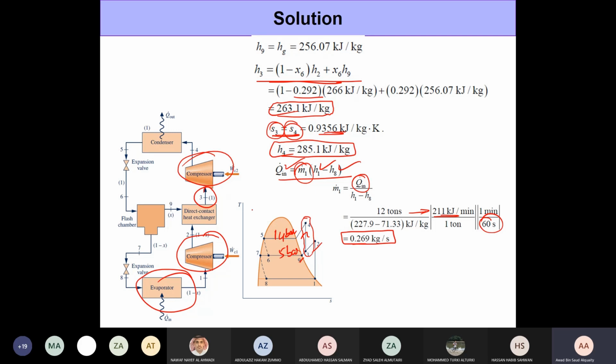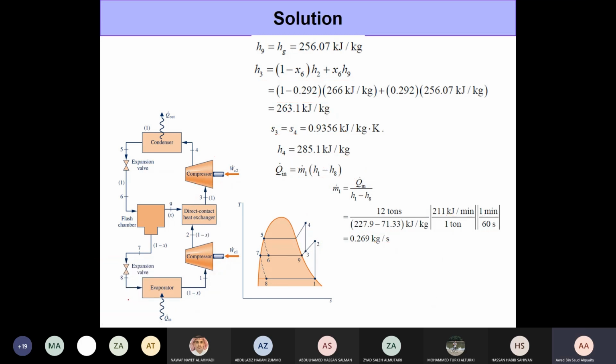Now we also need to determine the ratio between m dot 1 and m dot 3. Okay, so if you look at m dot 1, which is the same as m dot 2, this is basically equal to 1 minus x times m dot 3. And we need to actually determine m dot 3 now that we have m dot 1. The reason we need m dot 3 is because that's the mass flow rate that goes through the second stage compressor. So m dot 3 would simply be equal to m dot 1 divided by 1 minus x. We have both of these numbers, so you can plug them in and get m dot 3 as well. When you do so, we get m dot 3, which certainly would be higher, and will be 0.38 kilogram per second.